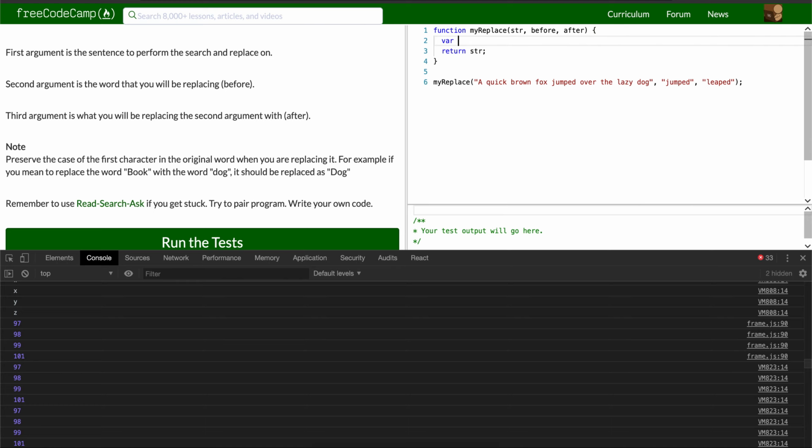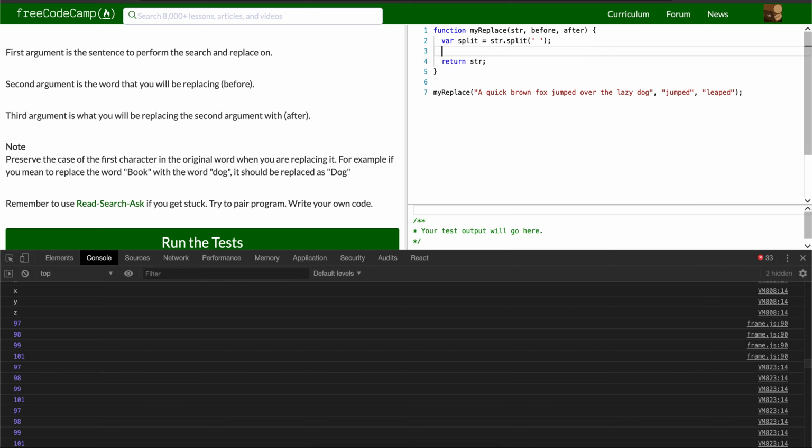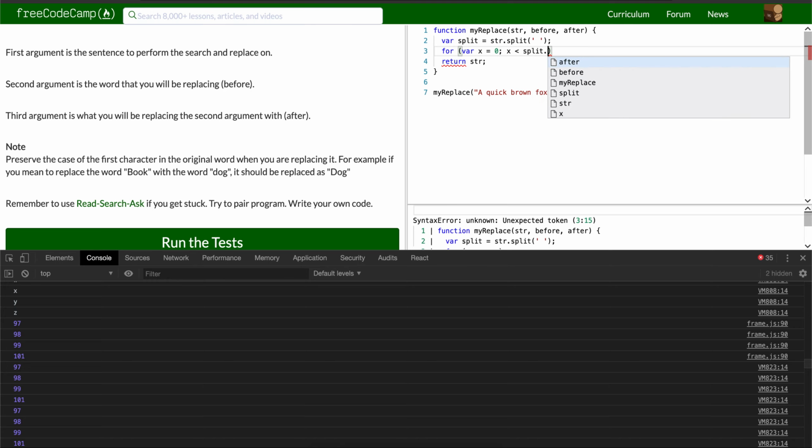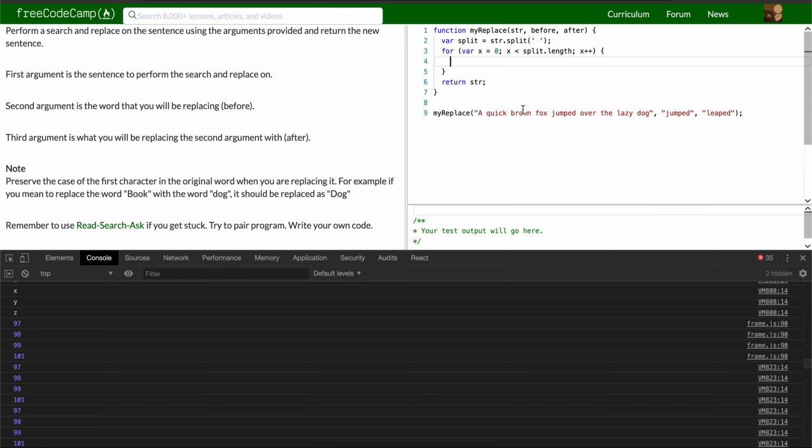The first thing we're going to do is declare a variable called split. All we're going to do is say string.split by a space, so we're going to take each word out of the sentence. Then we're going to say for var x equals 0, x is less than split.length, x plus plus. So we're going to iterate through each word in our sentence, and we're going to say if